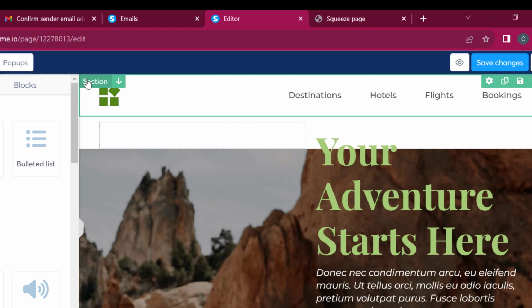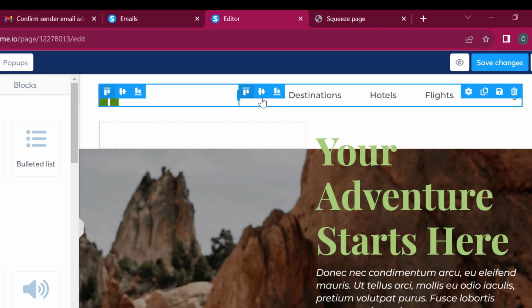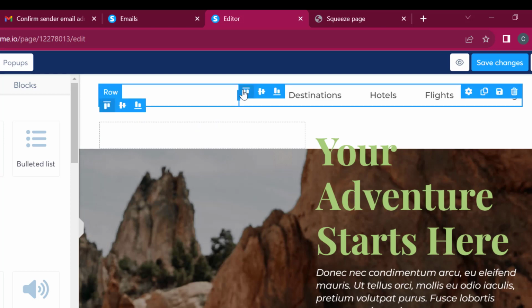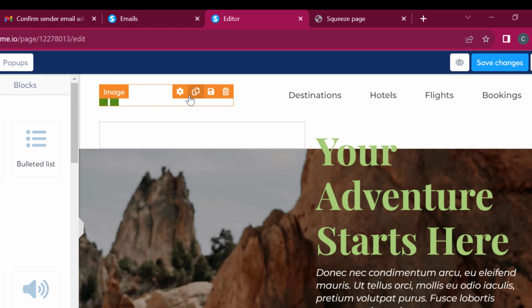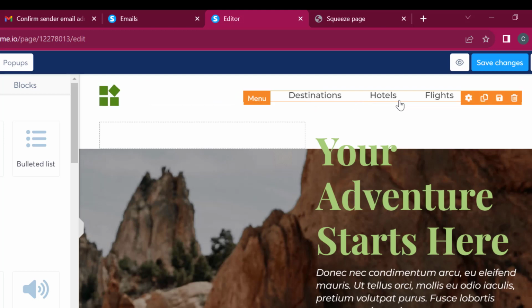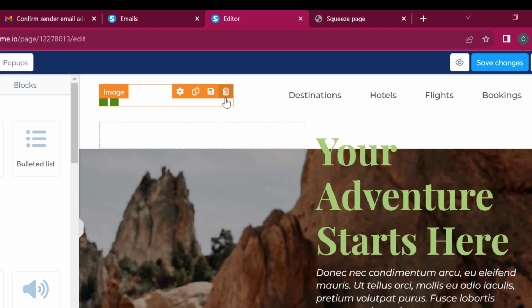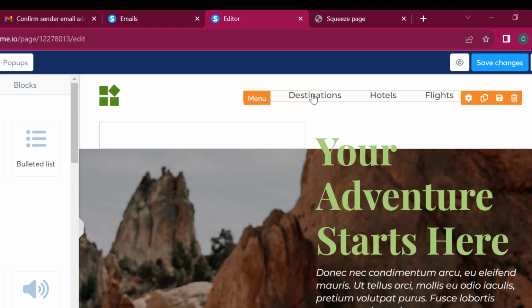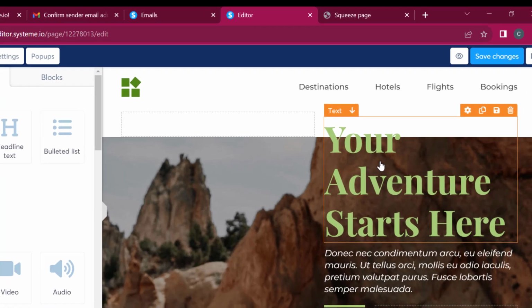And if you notice, the section is in green, while this in blue is called the row. If you notice, the section here has a row inside it, and the row is in blue, while the elements are the ones in orange. So the section in green, the row in blue, and the element in orange. I hope you guys understand this, right? So let's